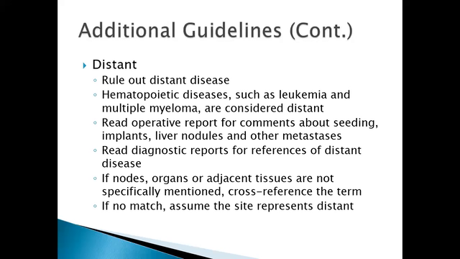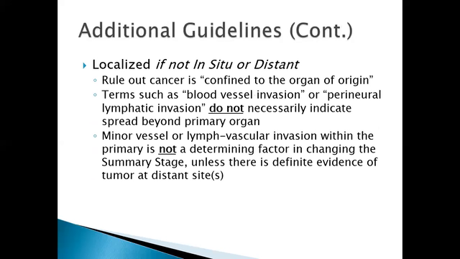Like I said, not every distant site is going to be listed under distant for every site. The book would be more than twice as big as it is now. So once again, it's pretty easy to determine that the patient does or does not have distant